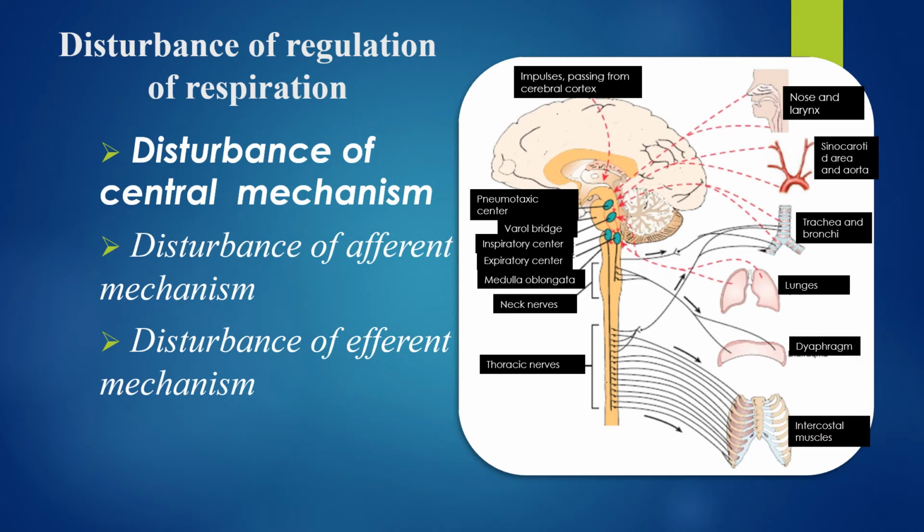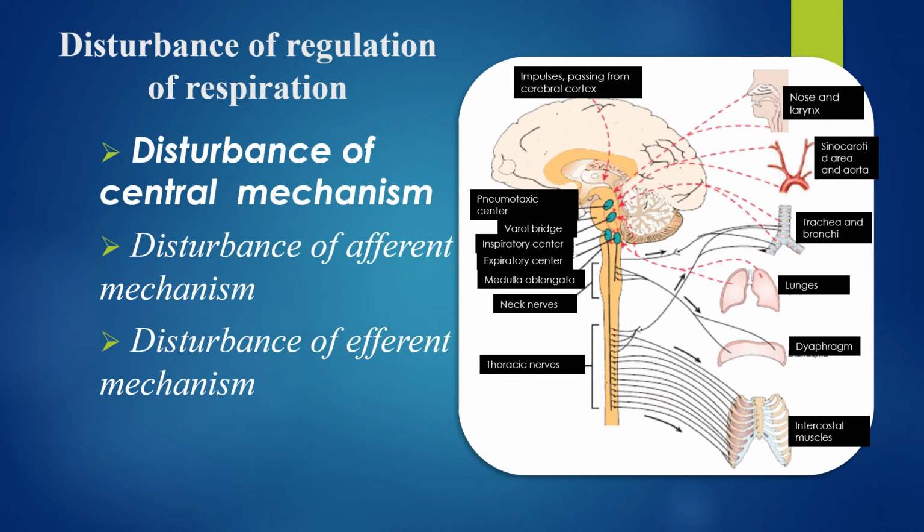Disturbance of the central mechanisms of regulation of respiration is linked with organic changes in the brain, for example tumor, edema, hemorrhages, and functional disorders, for example during neurosis, psychosis, cerebrovascular pathology, cerebral atherosclerosis, and even anemia, hypoxia, and intoxication of various types, poisoning by carbon monoxide, for example. All of them change the activity of the respiratory center.